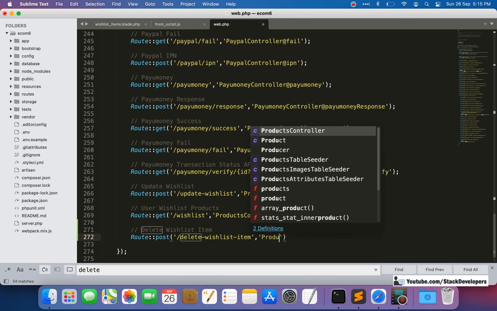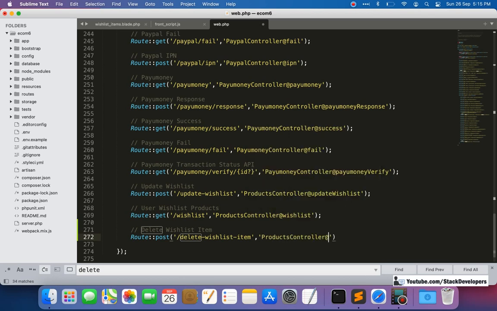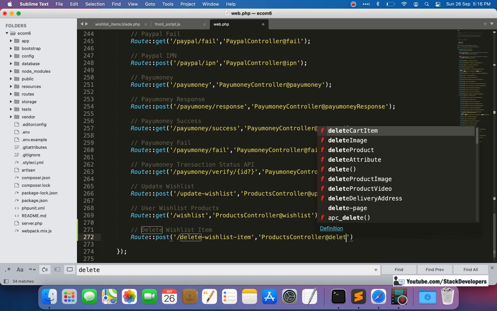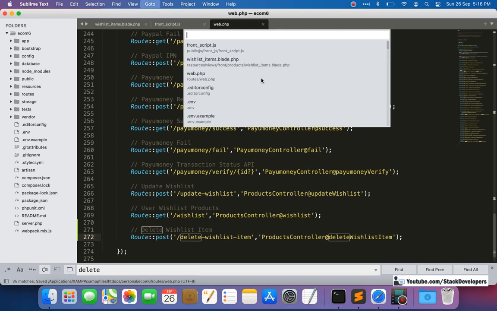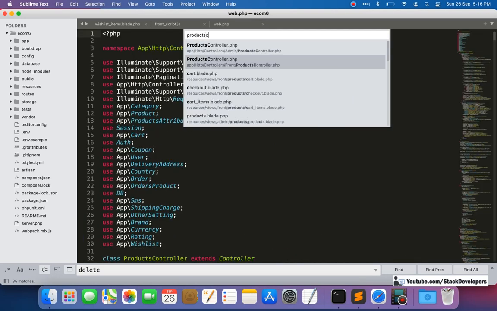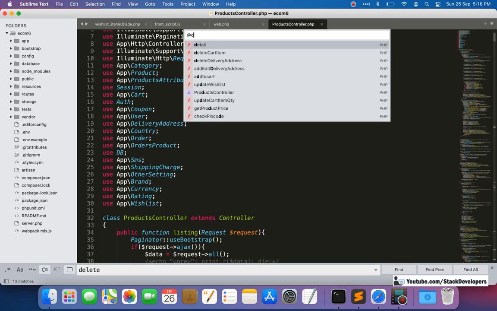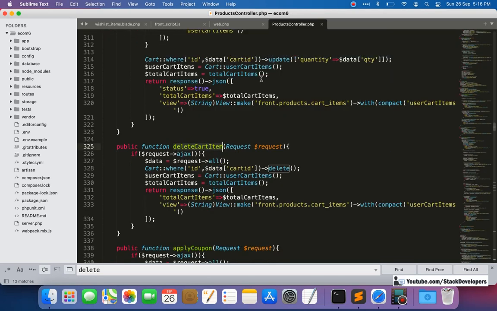Its function we are going to add under the press controller: delete wishlist item. Let's create this function under the press controller, similar to delete cart item.